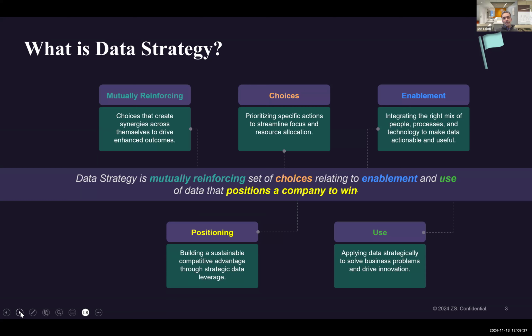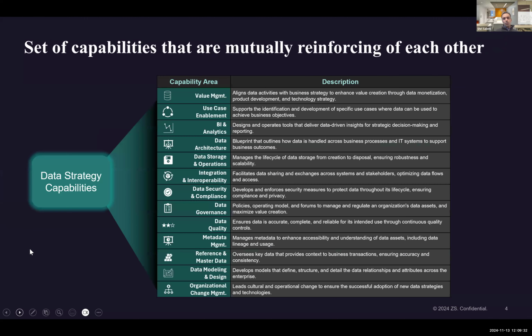All right, so let's move to the next slide to look at the different components or dimensions or capabilities of data strategy, right? So data strategy is fairly expansive. It does touch on a variety of these capability areas. We have a list of 13, and we'll go through some details in terms of how there are choices for each of these individual dimensions, right? So a couple of things that I want to quickly call out. I'm not going to drain this slide. I'm not going to go through each one of these dimensions, but maybe a couple of important things that I want to call out